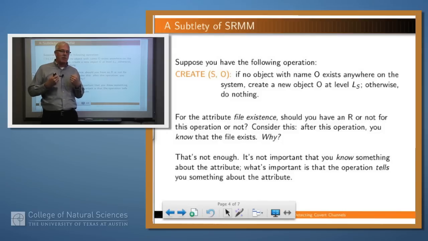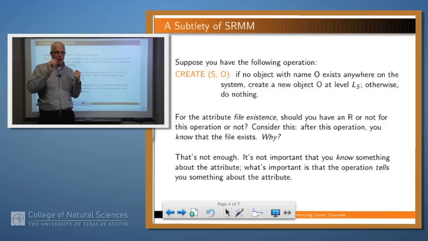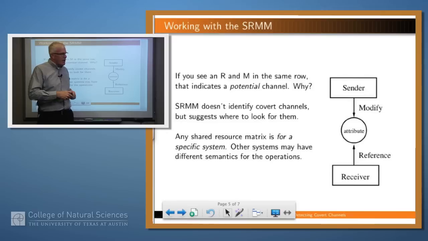And so it would be difficult to use create if you were the receiver on a covert channel to get that information. In fact, you couldn't. And that's the problem. And so we don't put an R on the file attribute create cell in the table. Okay,